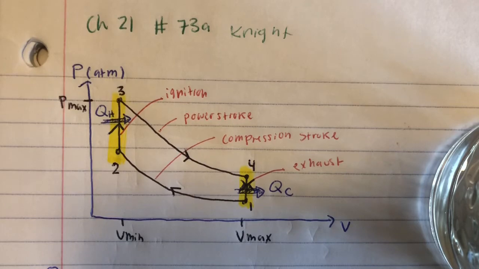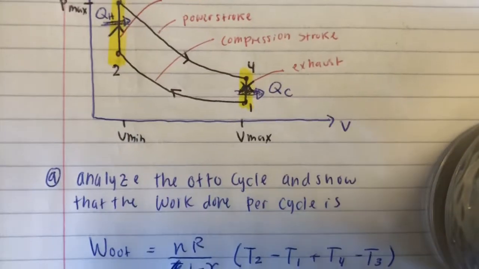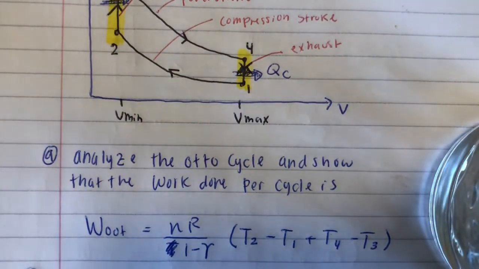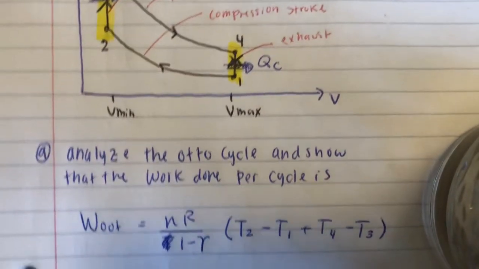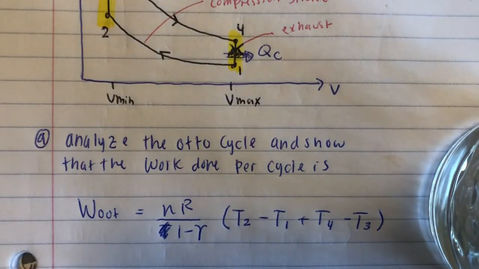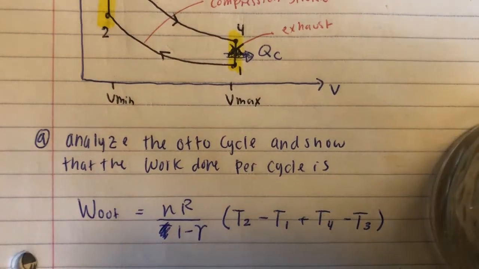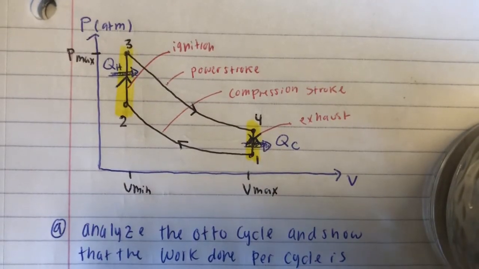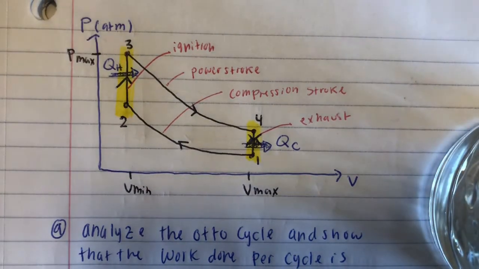And then the actual problem asks, analyze the Otto cycle and show the work done per cycle is W_out equals nR divided by 1 minus gamma, times T2 minus T1 plus T4 minus T3. So we're pretty much just going to try to prove this, and we're only going to concentrate on what I have highlighted. So in this whole system,